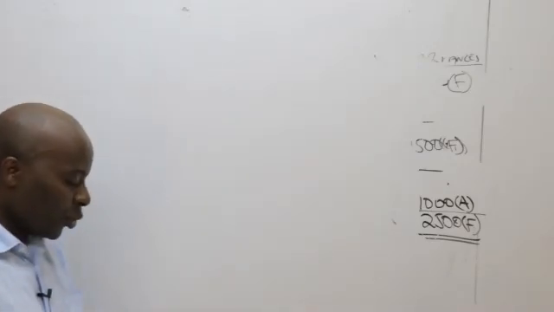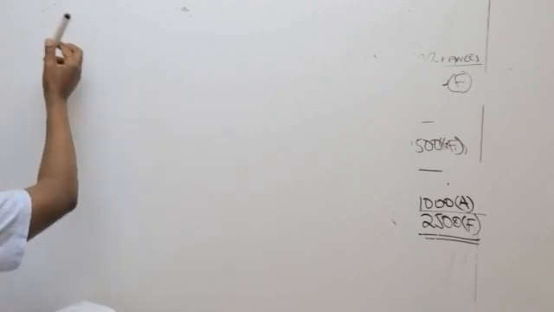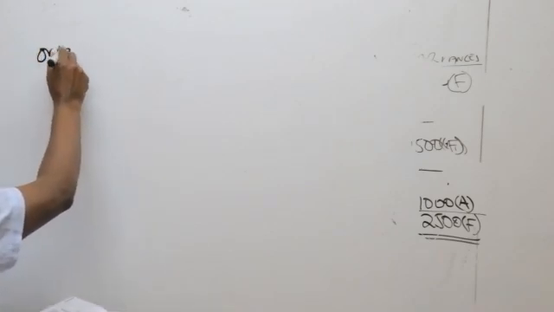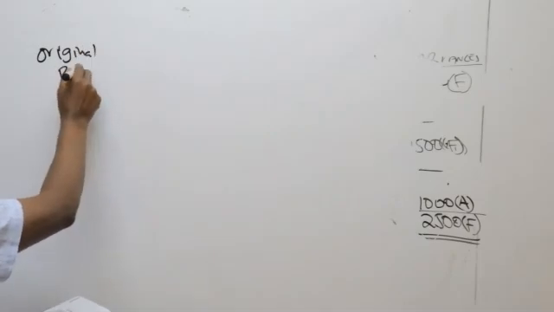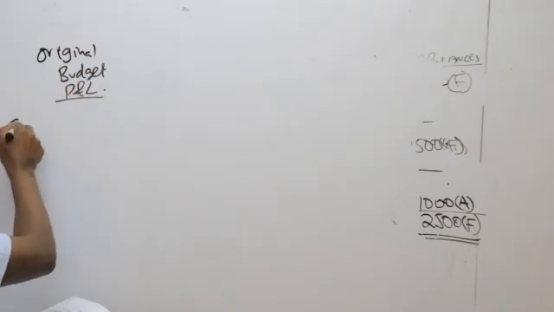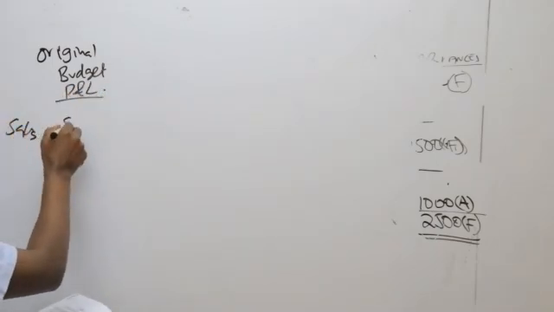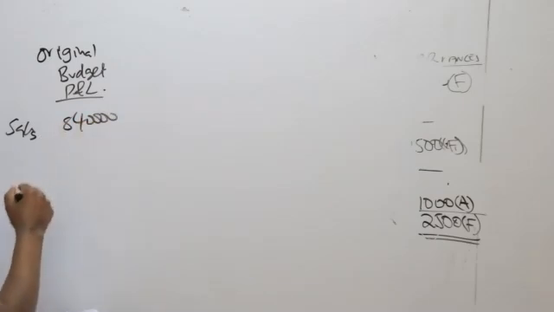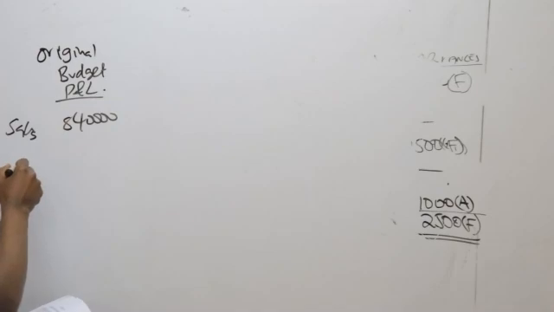Now, so what I'll do, first of all, I'll give them their original budget P&L. So I can see the sales. Sales, 840,000. Direct